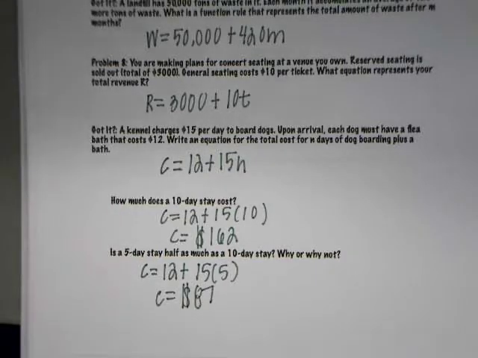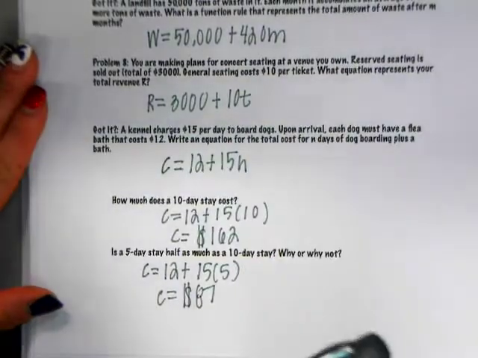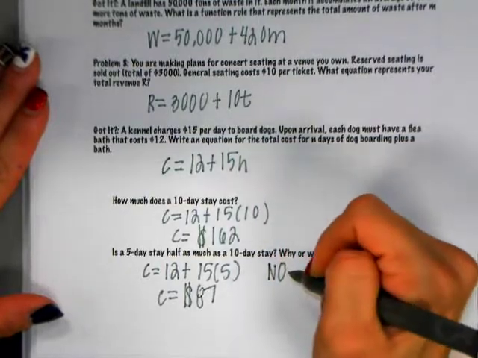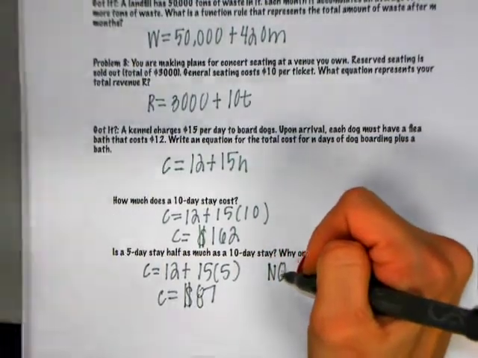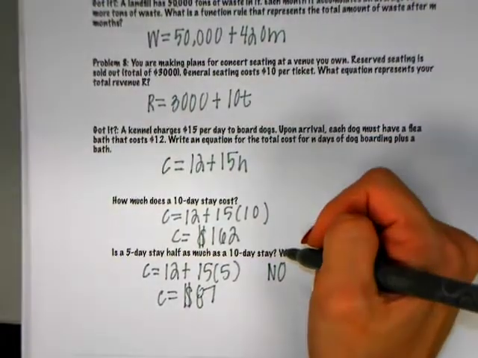Does that make sense? So in that case, because of the flea bath, it's not going to be exactly half. Does that make sense? Yeah. But if you add the 75, which is not with the flea bath, to add on top of it. Yeah. So if you were to go for 5 days and then just add on an additional 5 days, then it would be